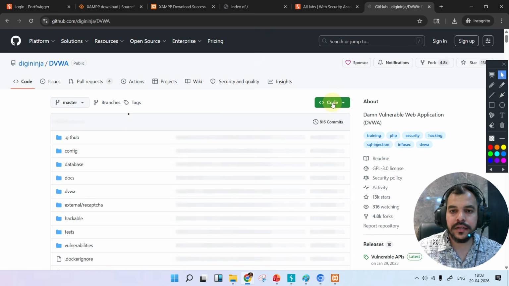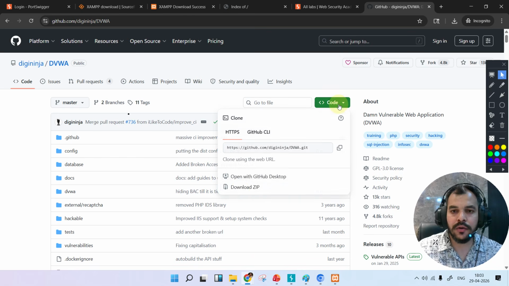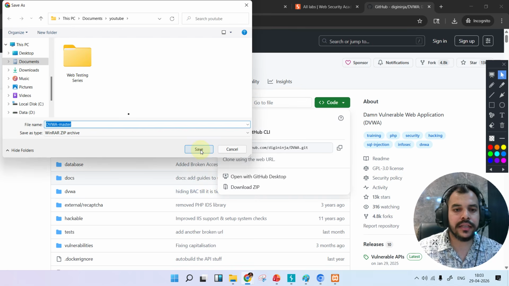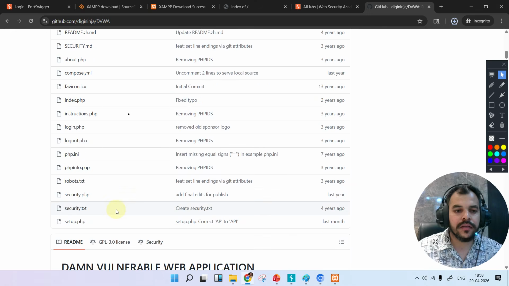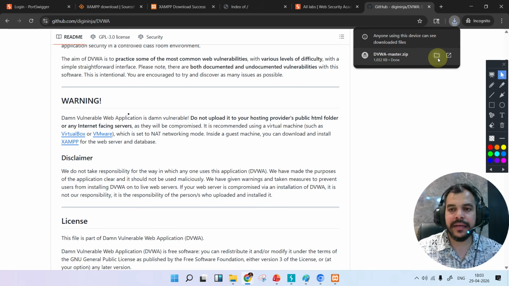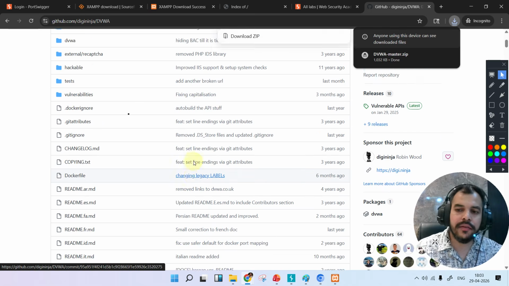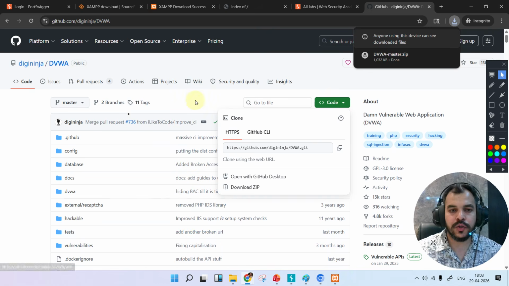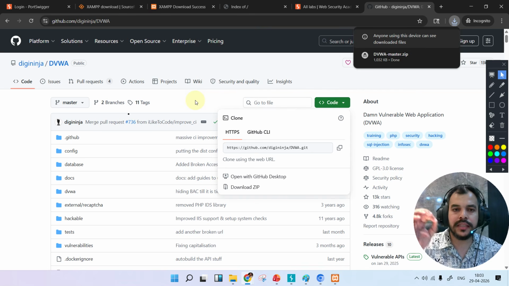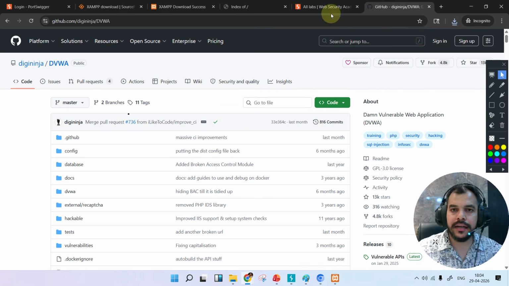You can see the code is there. Just click on download zip. When you click on download zip, it will automatically get downloaded, and after that you can host this particular application on your XAMPP. How to do it and where to do it, I will let you know in our upcoming videos, so don't worry about it. Your primary task is to just download this DVWA file. Understood? Now the last one,